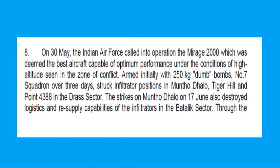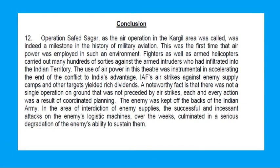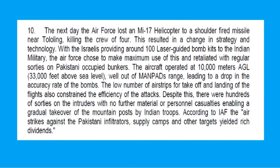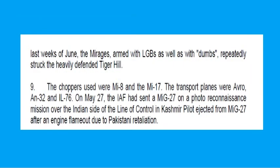On June 17, it also destroyed the logistic and resupply capabilities of the infiltrators in the Batalik sector. In the last week of June, the Mirage, armed with LGBs, repeatedly struck the heavily defended Tiger Hill. The choppers used were Mi-8 and Mi-17, and the transport planes were Avro, AN-32,